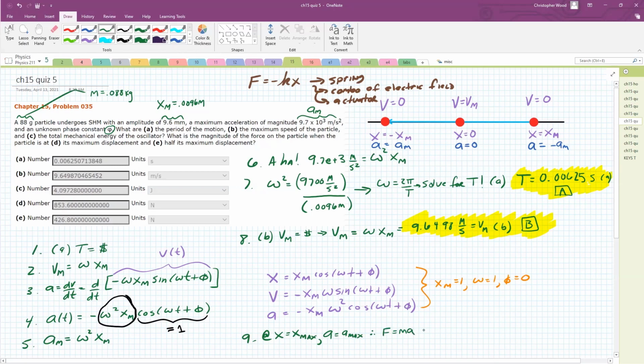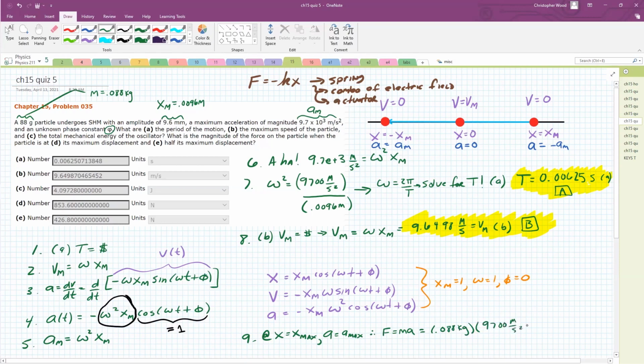F equals ma, and so that means at the maximum displacement, it's going to equal mass, which is 0.088 kilograms, times the acceleration, which turns out to be the maximum acceleration, which is given to us as 9,700